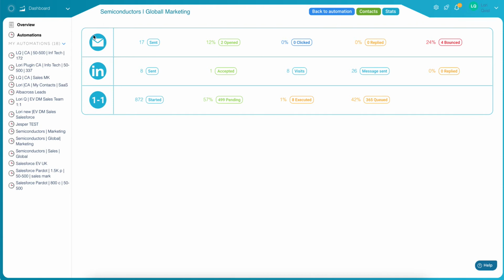We know precisely how many people opened, how many emails we sent, the open rate, the click rate if there's a link, the reply rate, and the bounce rate if we had bad data in that one. Typically that happens when you import a CSV file from a third party. You also see how many connection requests again, how many accepted, how many visits you did, messages, and how many replied,